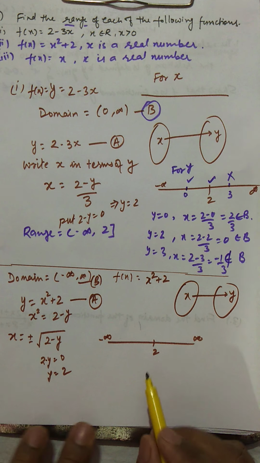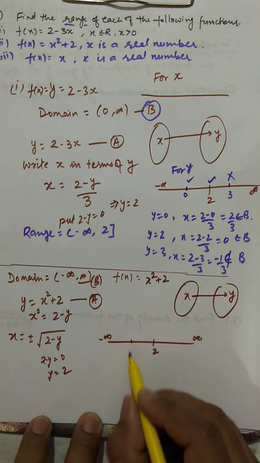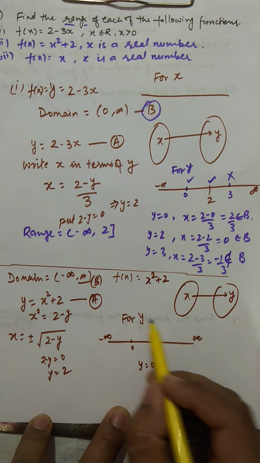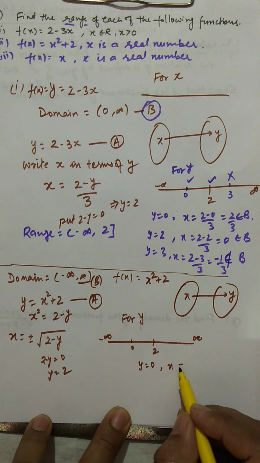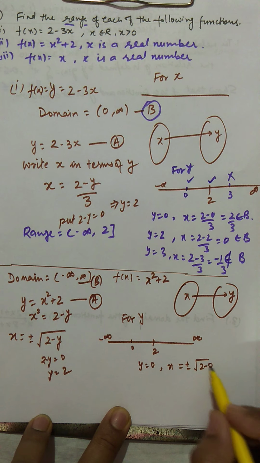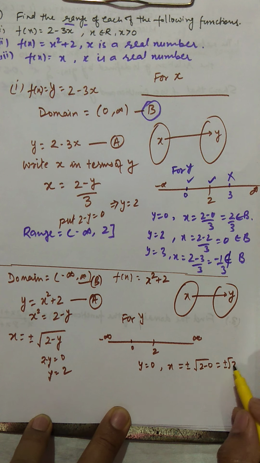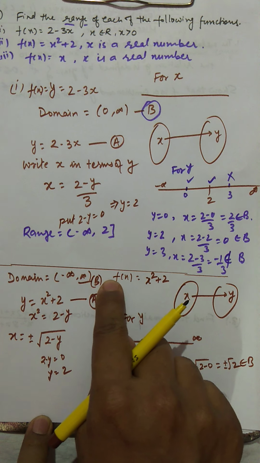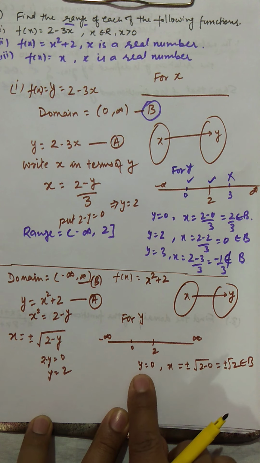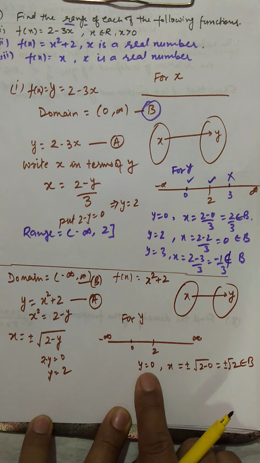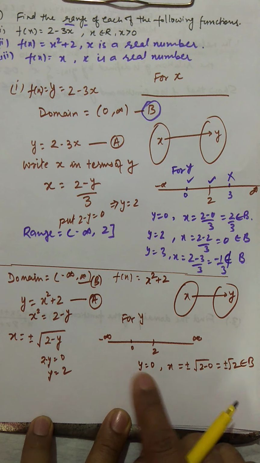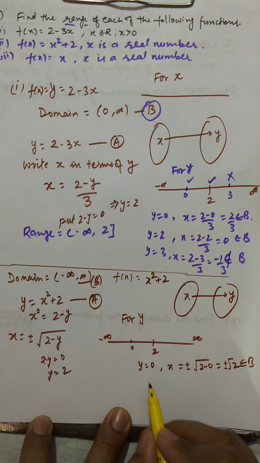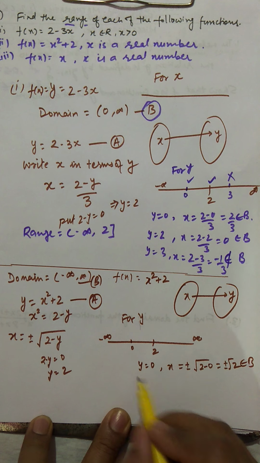We'll start taking some examples. We'll take this as 0. You can take a very easy number, y equal to 0. This we are doing for y. So y equal to 0, then x will be plus minus under root 2 minus 0. So this is coming plus minus root 2. So this plus minus root 2 is belonging to B. This is satisfying condition B, and your y equal to 0. Y equal to 0 means, can 0 be there? So this is again satisfying this. So y equal to 0 can be taken. So this is fine, it can be taken.